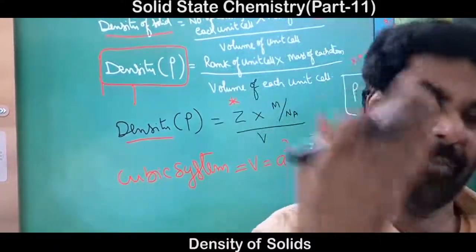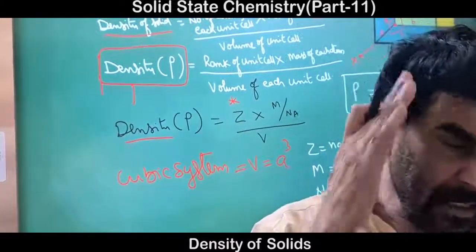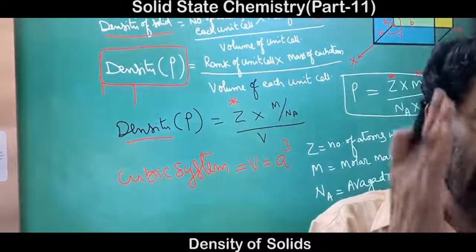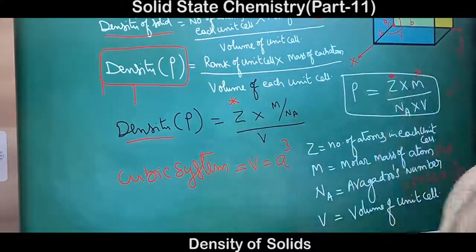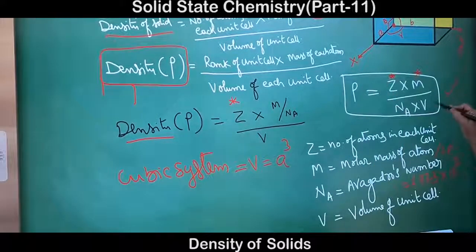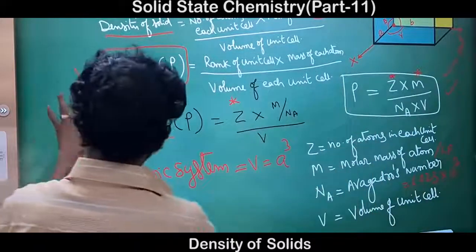So by using this, we can evaluate the density of the given solid. Mass divided by volume, both can be measured, and you can easily evaluate that. We are expressing the density of solid crystals in terms of the unit cell parameters. The volume depends on the unit cell parameters, and Z depends on the number of atoms involved in the unit cell. So from the primary factors, that is unit cell parameters, mass of the unit cell, number of atoms involved, and molar mass, we can evaluate the density of the solid crystals.